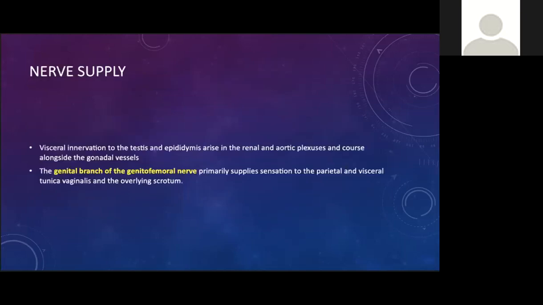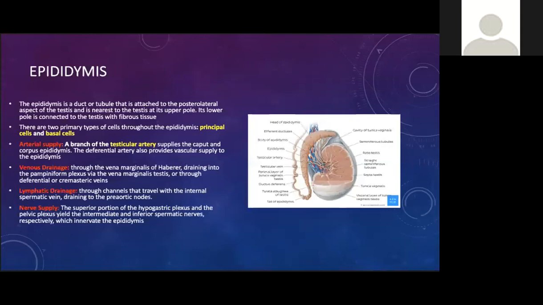Visceral innervation to the testis and epididymis arises in the renal and aortic plexus and courses alongside the gonadal vessels. The genital branch of the genitofemoral nerve primarily supplies sensation to the parietal and visceral tunica vaginalis and the overlying scrotum. For the epididymis, it is a duct or tubule that is attached to the posterolateral aspect of the testis and is nearest to the testis at its upper pole, and its lower pole is connected to the testis